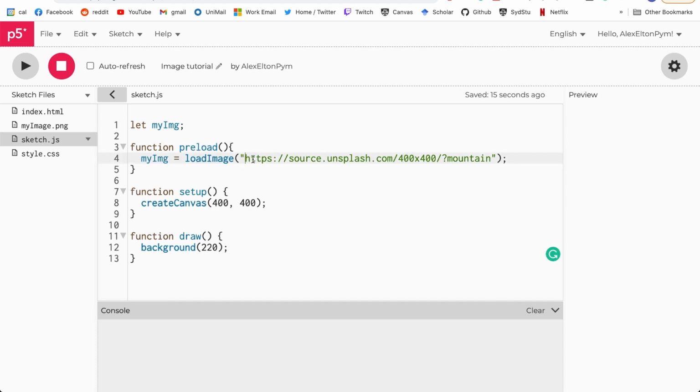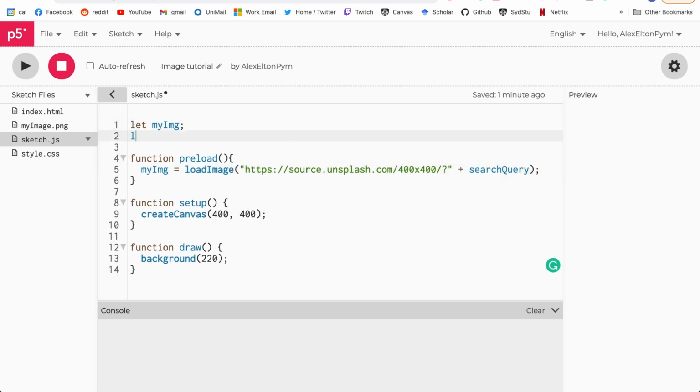Alright, so I've loaded an image here from this nice website called Unsplash. They're really cool because they let you get all kinds of different images. You can see here this is a 400 by 400 image of a mountain. I could put anything in here. I could put car, I could put animal. You can actually do a nice thing here where we can add two strings together. So I could have this URL plus some search string here, like animal or car, or a variable like search query,